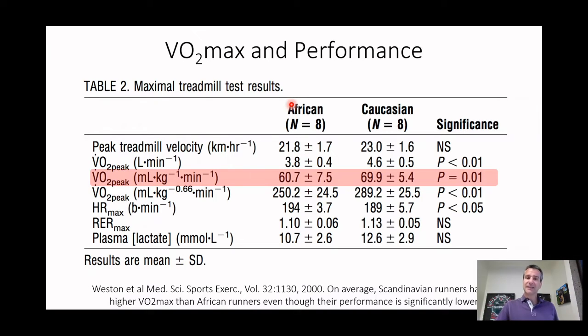But if we look to see who's got a bigger VO2 max, an East African runner or a Caucasian runner, these are all national or international level runners, look at the VO2 max here, or the VO2 peak. VO2 peak in the Caucasians is about 70, whereas in the African athletes, it's about 60, 61. So what that tells us is that if all of the Olympic medals are being won by these East African athletes who are coming from this small area, and yet their VO2 max is 10 points lower than Caucasian athletes who are coming from Scandinavia, then maybe VO2 max isn't going to be the biggest determinant of who's going to win the Olympic medals.